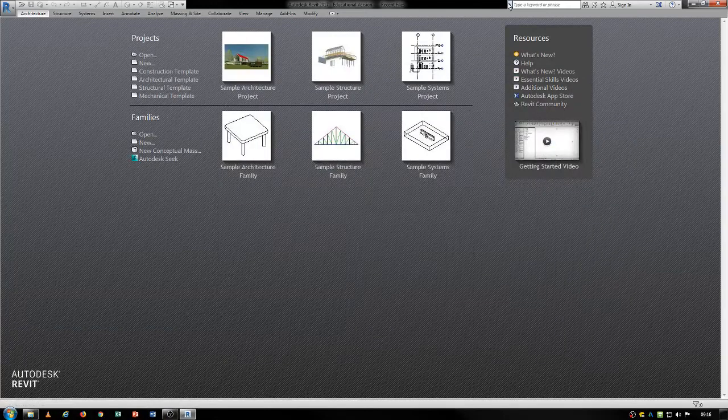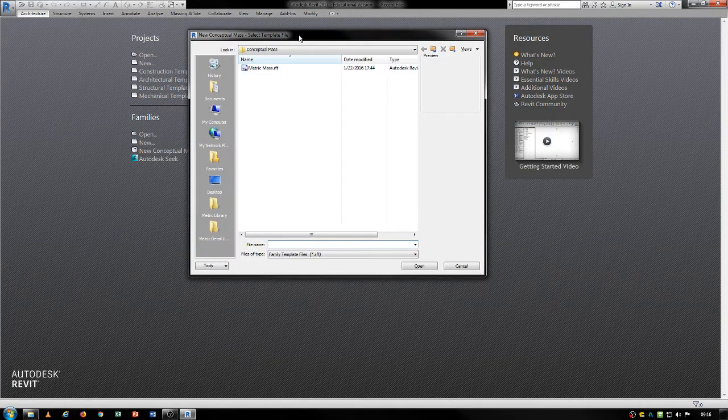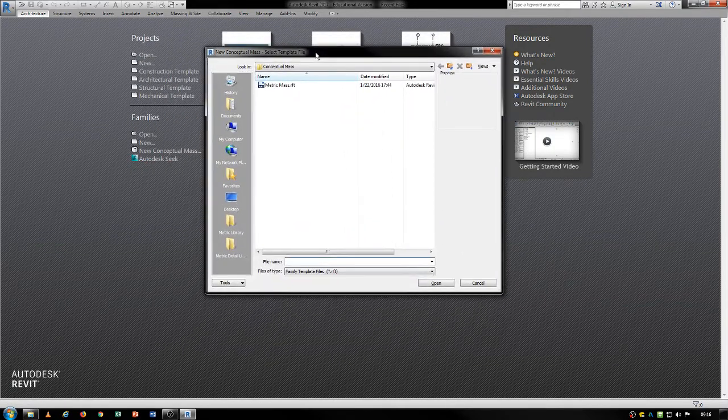So again, here in Revit, if you wanna start working in Dynamo, you need to be inside a project. I'm going to start with a new conceptual mass. So I said briefly last time that in 2018 probably doesn't matter as much, but because things are a bit